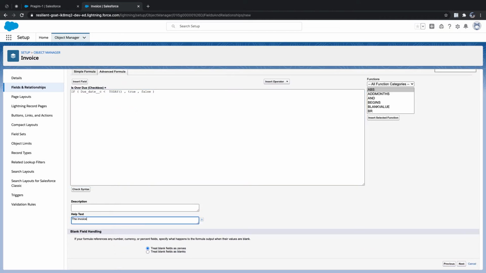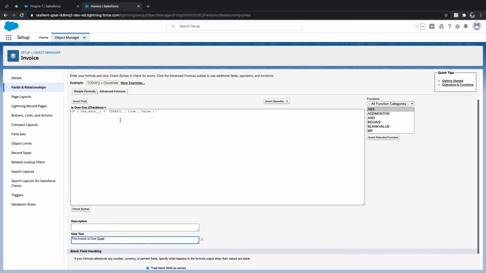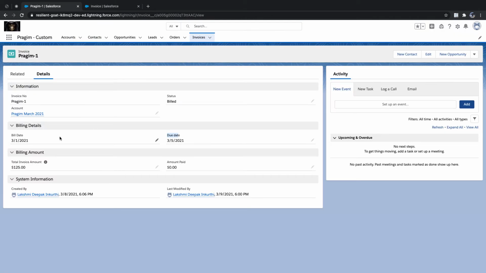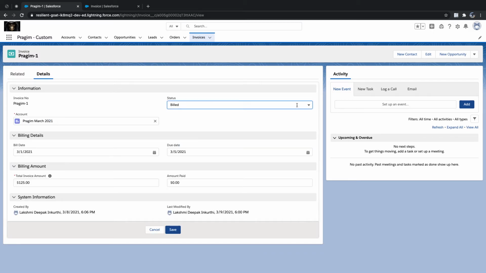The invoice is overdue. Is there anything else I'm missing here? I'm just checking a due date. But remember, the due date remains the same. When the billing status is unpaid, if you have any balance amount, paid equal to this one. Let's say out of 125, I paid 123. What is the due amount I have here? 2 rupees I have due, right? It means that still it is not paid, isn't it?